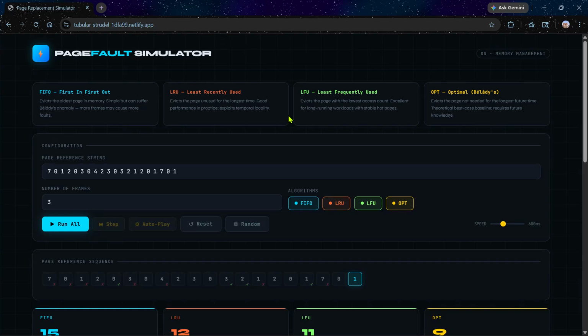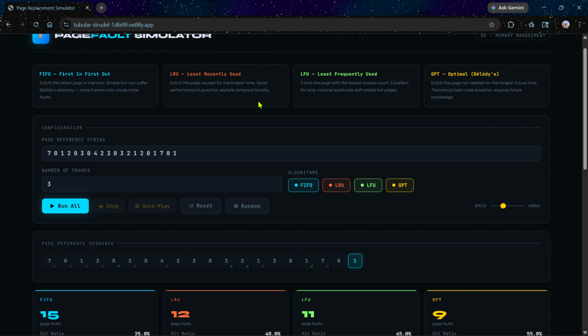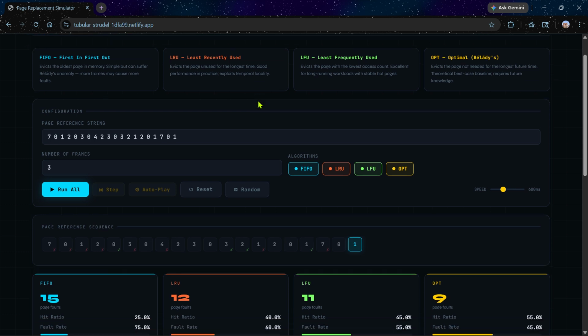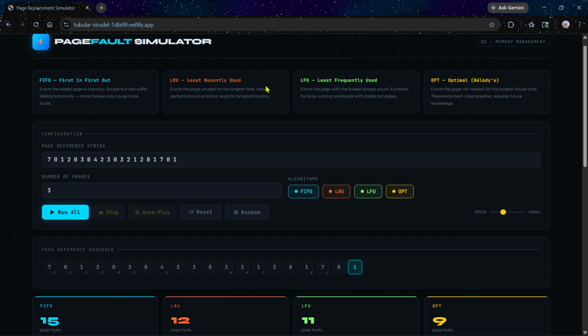I am Sai Kiran. I am presenting my project for operating systems. The project title is Page Replacement Simulator, an interactive and dynamic website based on HTML, CSS and JavaScript, which demonstrates how the operating system manages memory using page replacement algorithms. I am accompanied by my teammates Molly Gupta and Adesh Srivatsav.